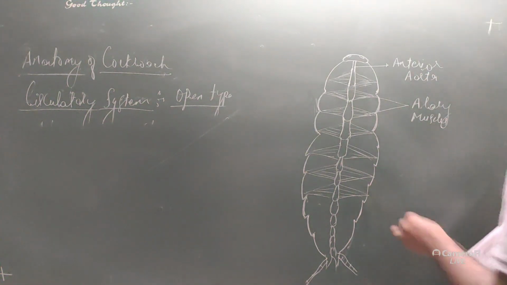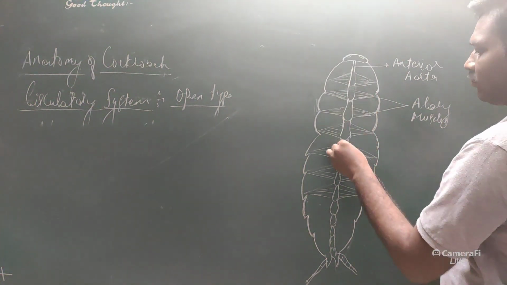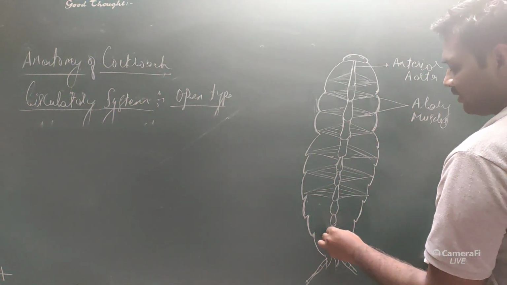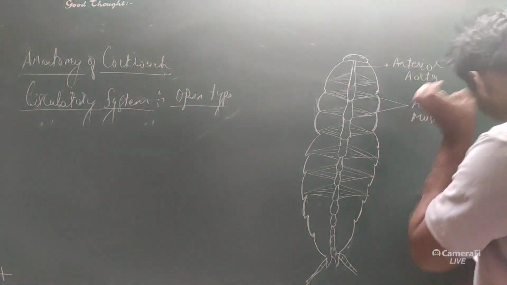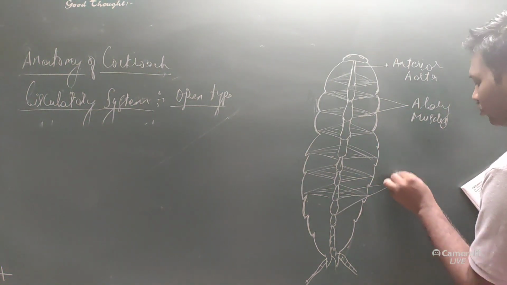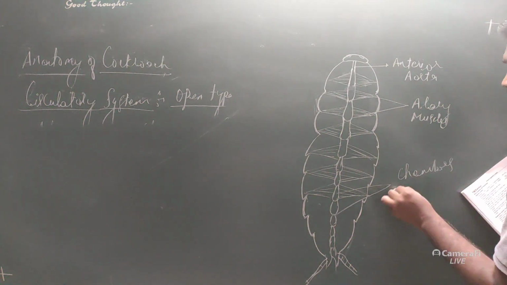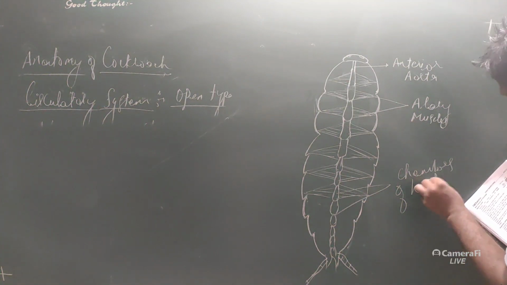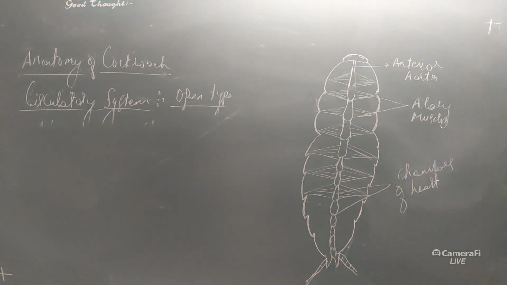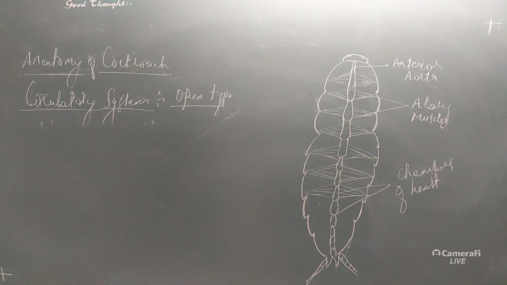Okay, so in such a way you can see. So this is a 13 chambered heart. These are the heart chambers: 1 2 3 4 5 6 7 8 9 10 11 12 13. Okay, so in this way 13 chambered hearts are seen, which are connected with each other with the help of alary muscles. So these are the chambers of heart. Okay, so this is what about the circulatory system in case of the cockroach. So you can pause the video and draw the diagram. Okay, now next we are going to move towards another type of system, that is the excretory system.